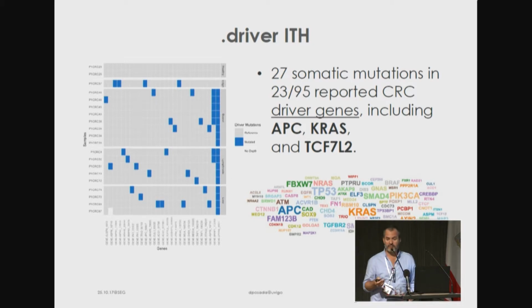But there is a lot of variation. So different regions have different driver mutations, okay? And that's very relevant, because if my biopsy takes this sample, I'm going to believe that this tumor has these mutations. But if the biopsy is this, I'm going to believe that the tumor has other mutations. That's a big trouble, but it's the way it is. And this is not easy to solve.